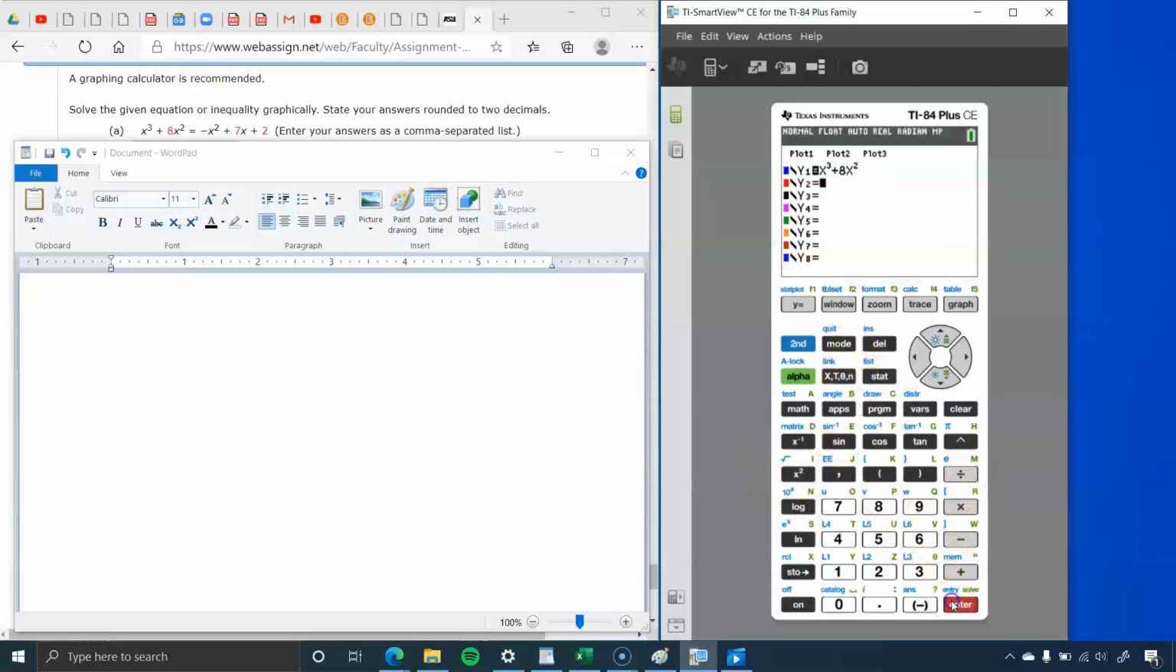Okay, enter. My second function is negative x squared. For negative, make sure to use the negative symbol, not the subtraction. So negative of x squared plus 7x plus 2. Enter. Now, if I hit zoom standard, I'm going to get a standard graph, and maybe that'll work, maybe it